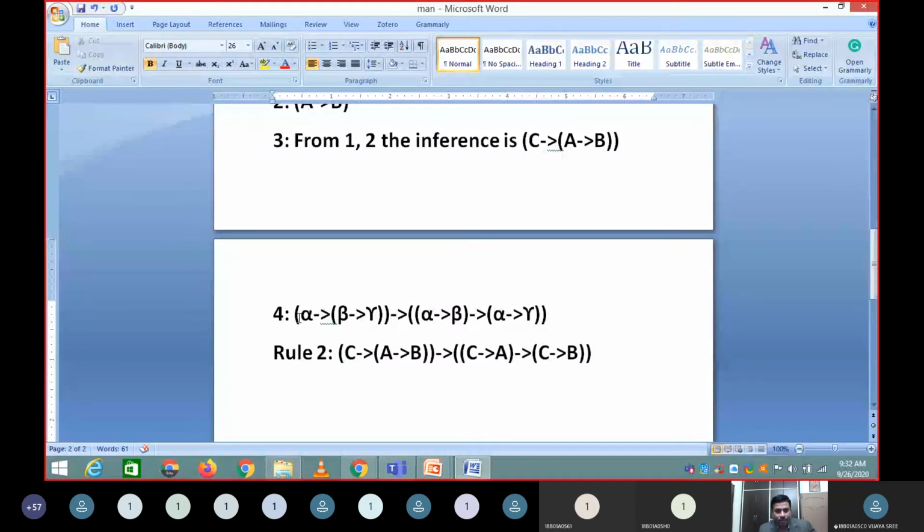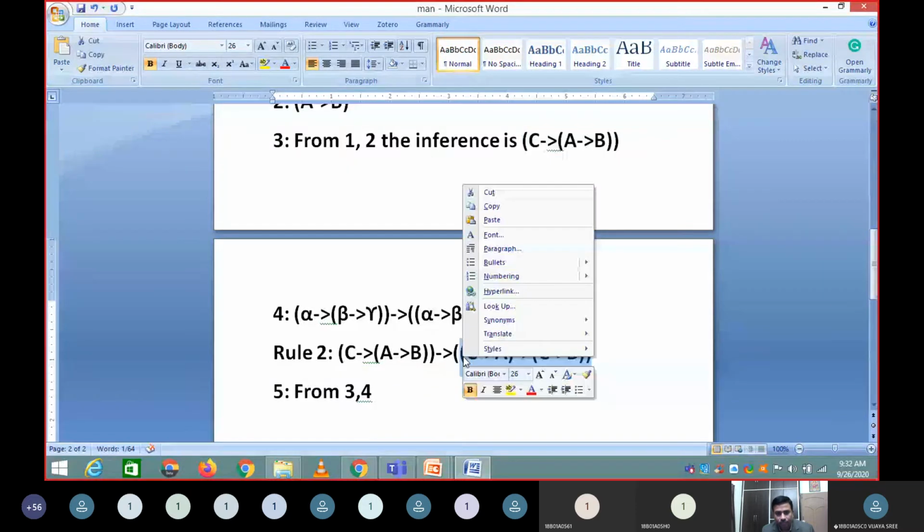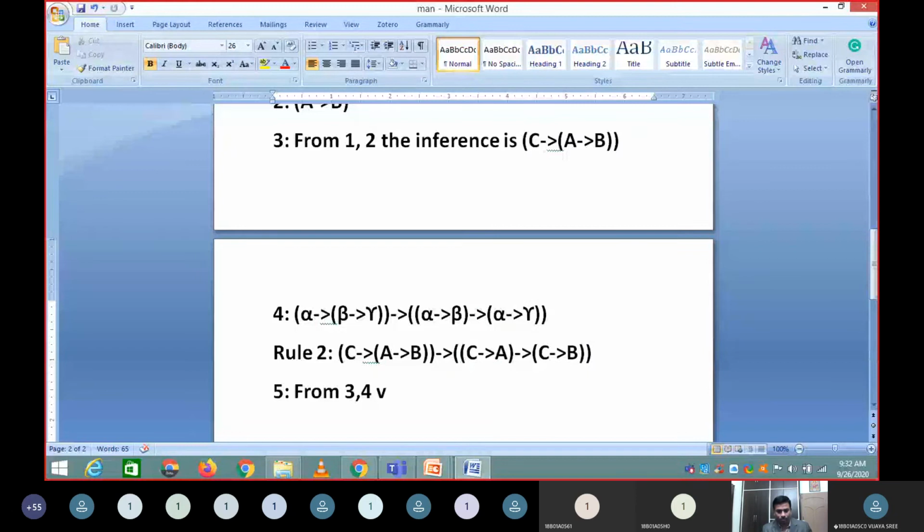So from 3 and 4, this is P, this is P, and this is Q. So you will get this part as outcome. This is what your outcome is.